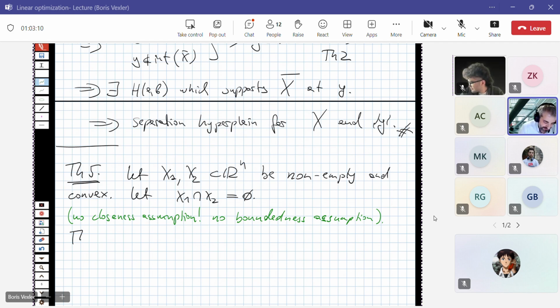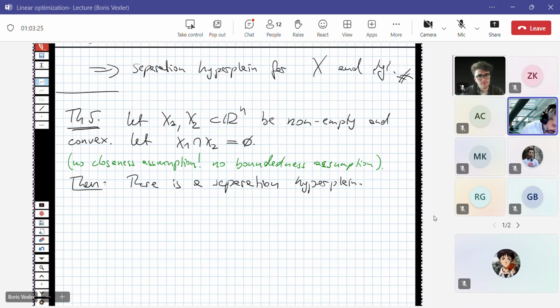And then the theorem says there is a separation hyperplane. The proof now is quite easy, but we will do the proof